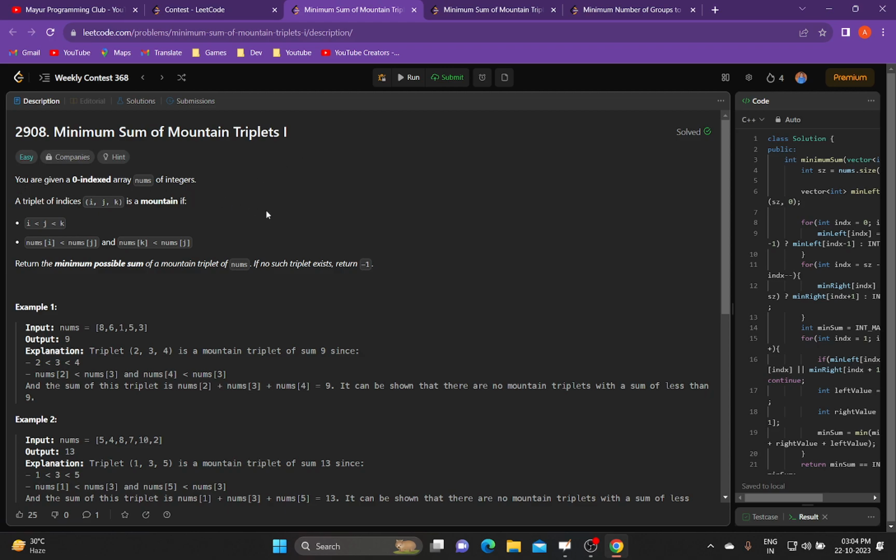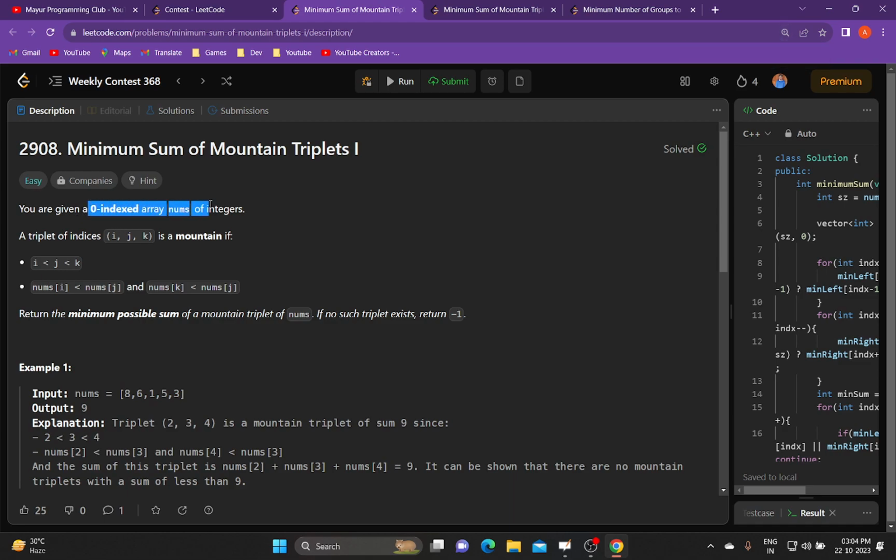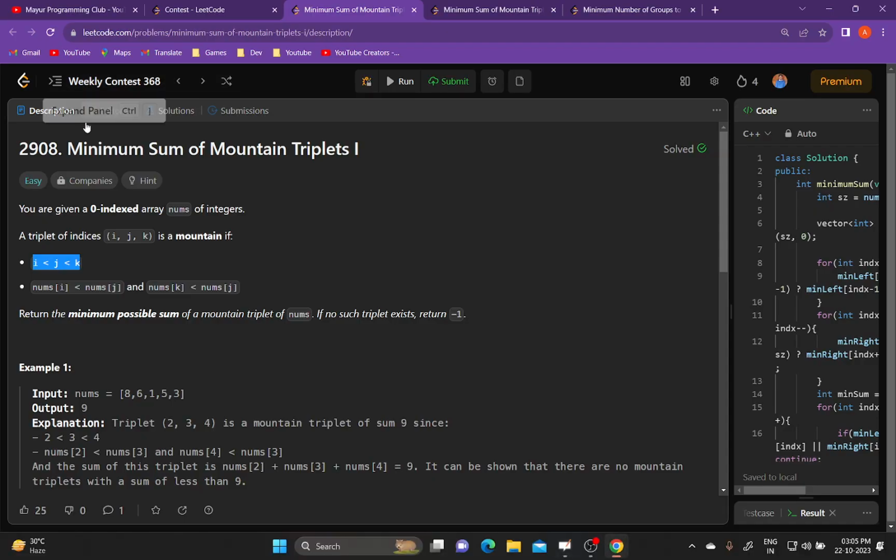So you are given a zero indexed array nums of integers. A triplet is of indices i, j, and k such that i is smaller than j and j is smaller than k. So what the problem statement is saying here is, let's say an array is given to you: 1, 2, 3, 4, and then 3 to 1. So a valid triplet that can be considered here is